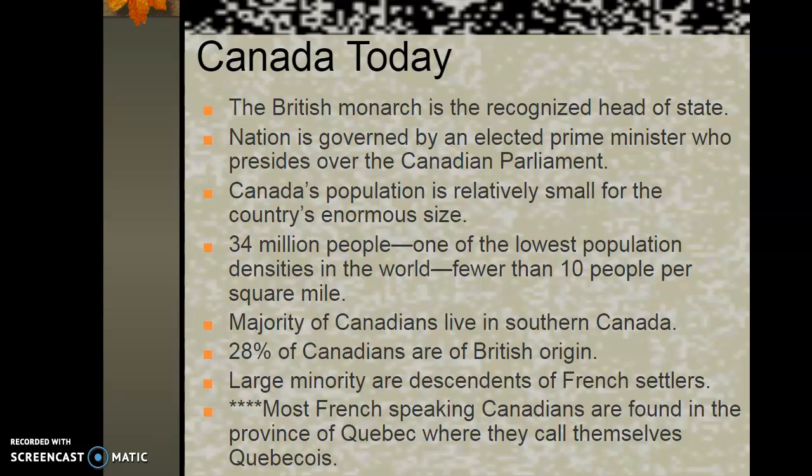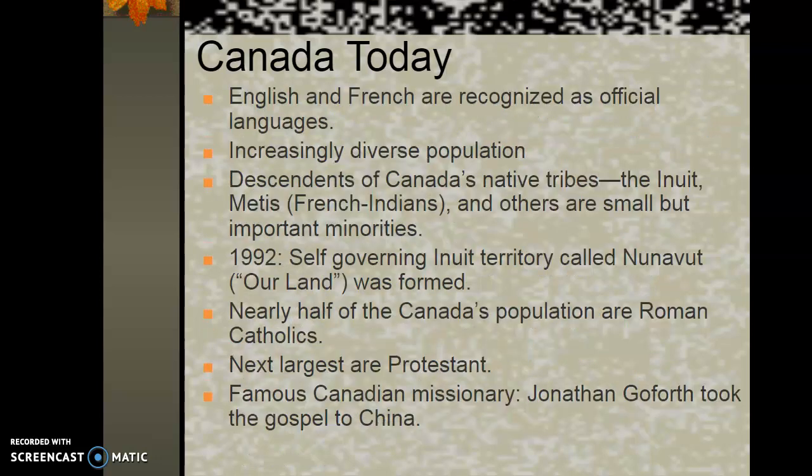28% of Canadians are of British origin, and a large minority are descended from the original French settlers. Most French-speaking Canadians are found in the province of Quebec, where they call themselves Quebecois. The Canadians today speak English and French. They have an increasingly diverse population with the native tribes, and they have nearly half of the population that's